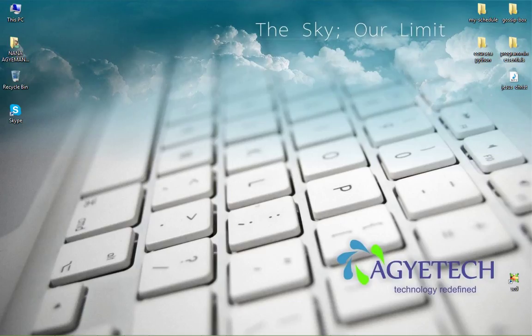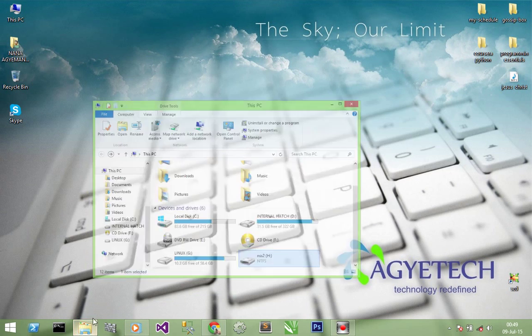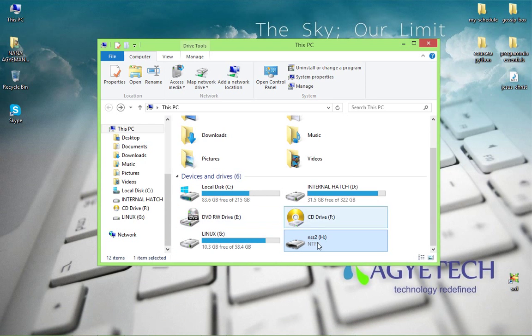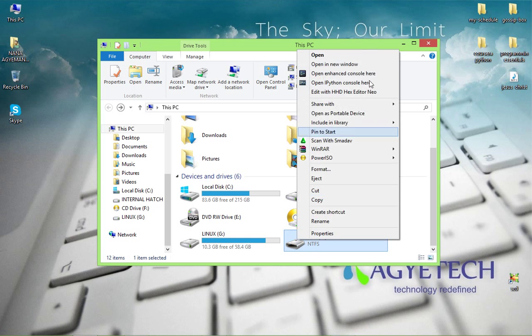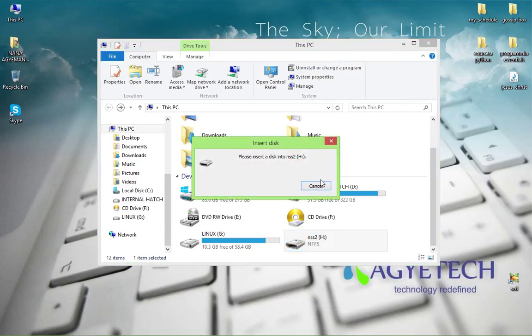Now when your disk drive gets corrupted, this is the kind of icon you're going to see. It only shows the name of the disk drive and then the file system. It does not show the size. So when this happens, it means 1. You cannot open the drive. As you can see, please insert a disk into